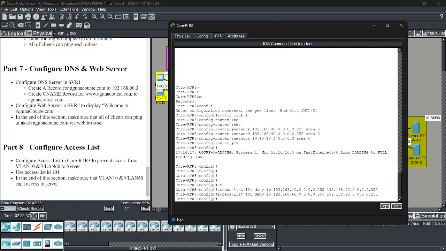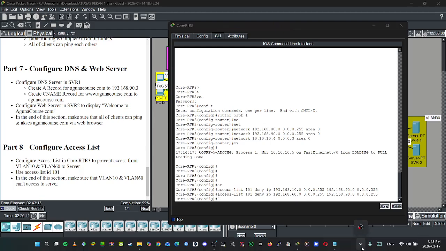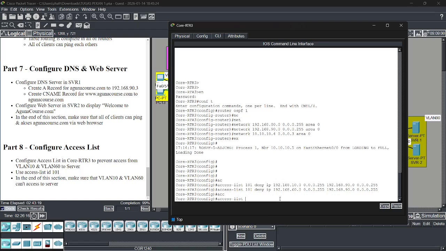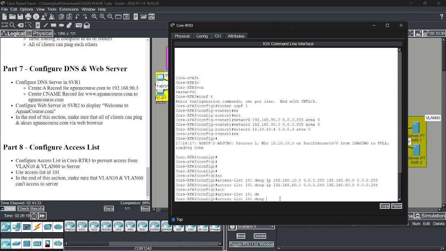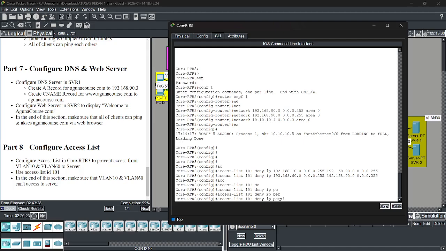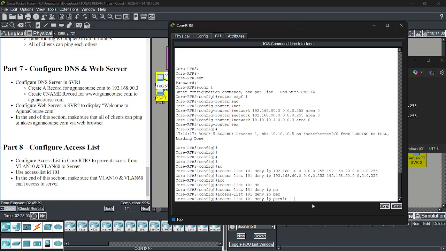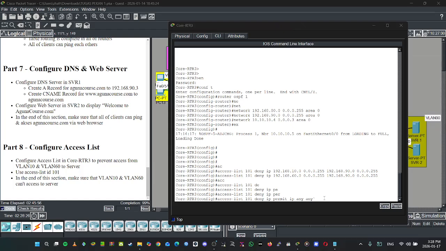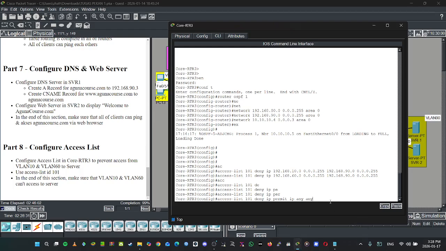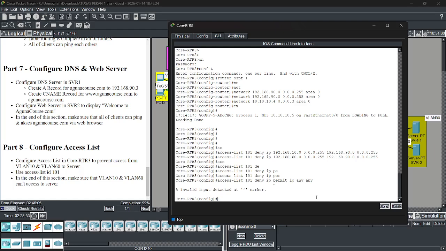And then because this is the deny for general, we have this deny IP, permit. Okay, we continue. Permit IP any. Okay. After that, enter.